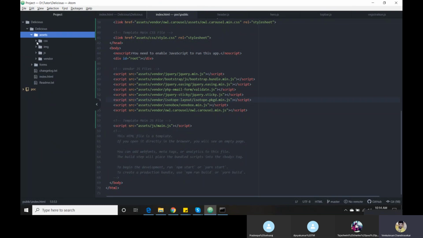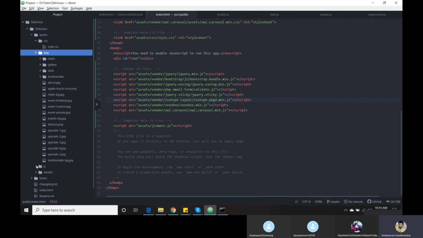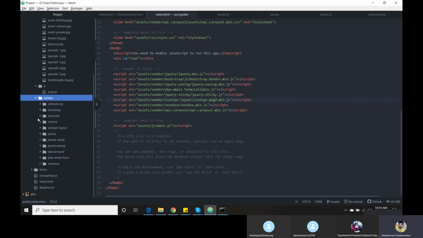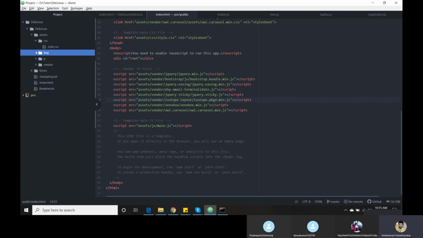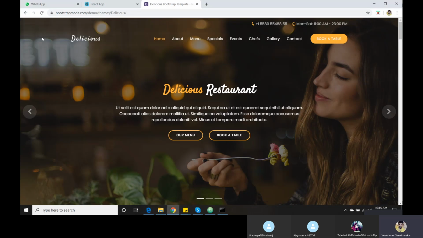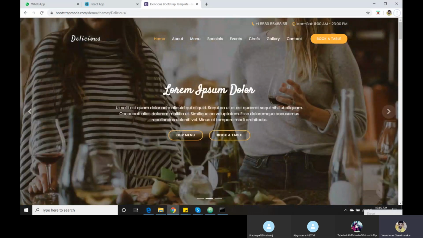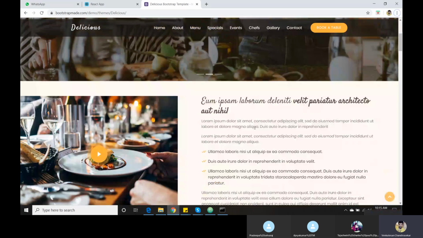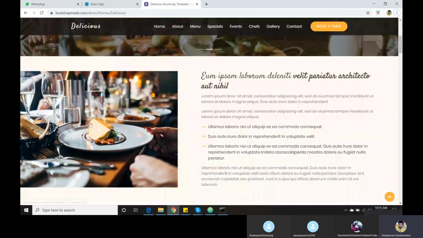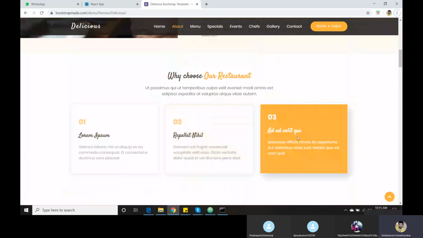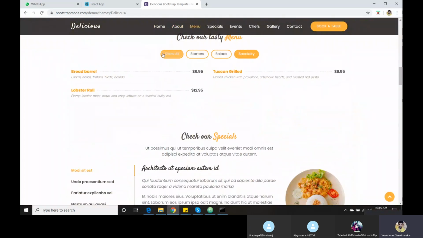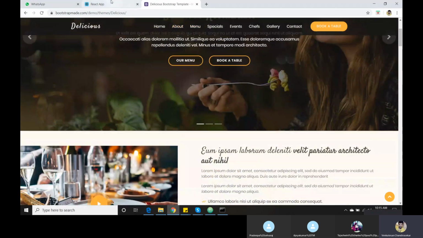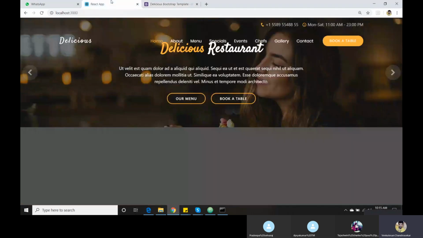Inside the assets they have CSS, images, and JS. This is called the jQuery plugin. I will tell you what JS and the jQuery plugin are in a later class. So initially we need the assets folder, because we need the same designs and the jQuery functions. Suppose I hover over this, it shows something that looks good. The same way, when I click, it shows all this data. So in our application we need to use that assets folder.